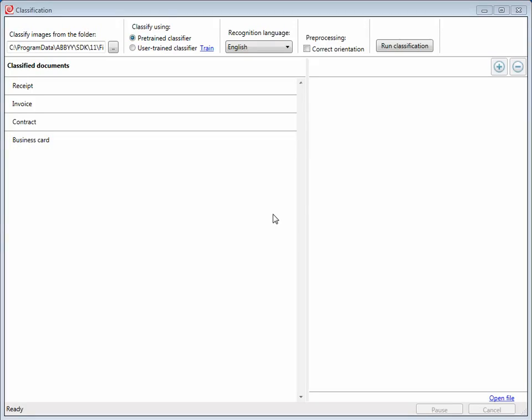Here we're reviewing the classification functionality in FineReader Engine 11. The classifier in FineReader Engine 11 allows for running various types of algorithms to classify images. This interface gives you a sample of this and comes built with a pre-trained classifier as part of the install